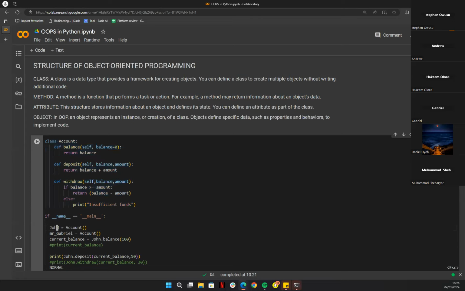So although Mr. John has his own account and Mr. Gabriel also has his own account, they all perform the same functionalities, and we didn't have to write the code over again for only Mr. John and also write another code just for Mr. Gabriel. They perform the same basic functionalities with the account, which in coding would be redundant, repeating code over and over again. So classes help us to reduce that: just have one class, one structure, one framework,